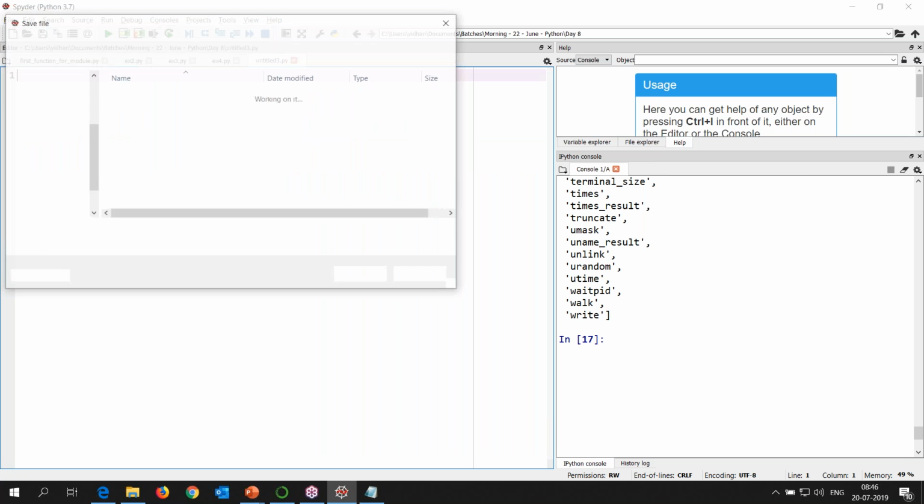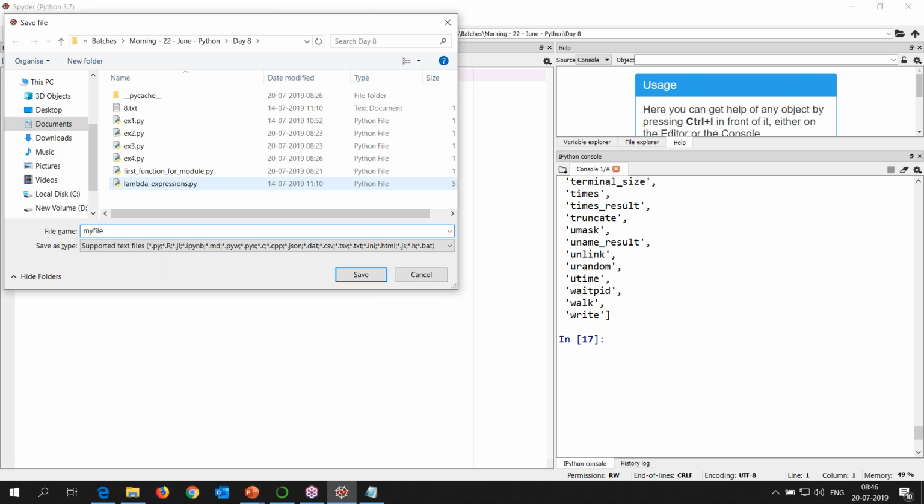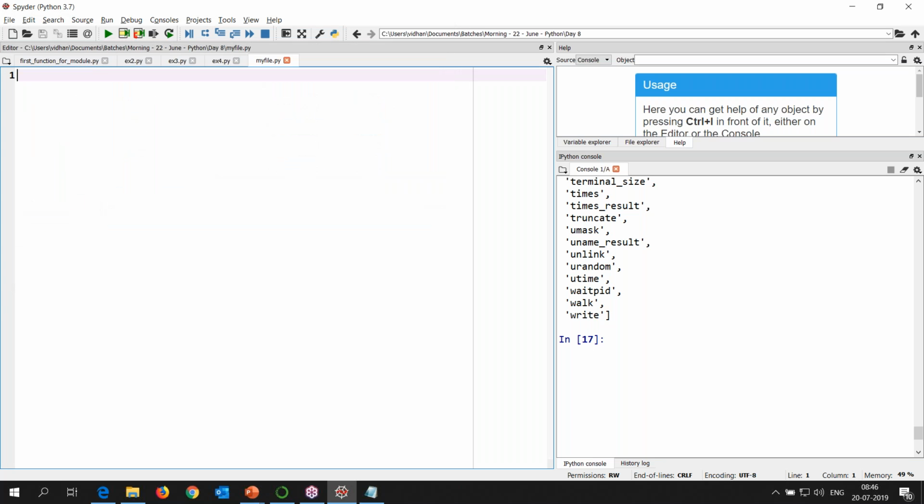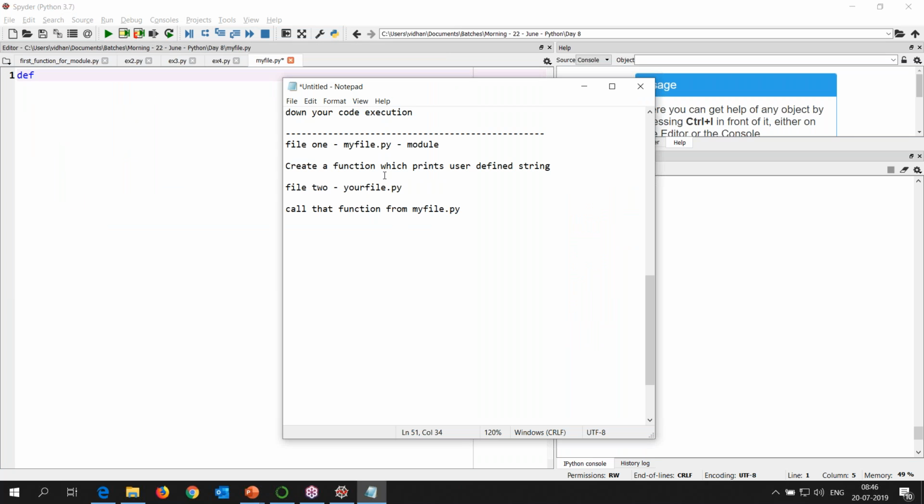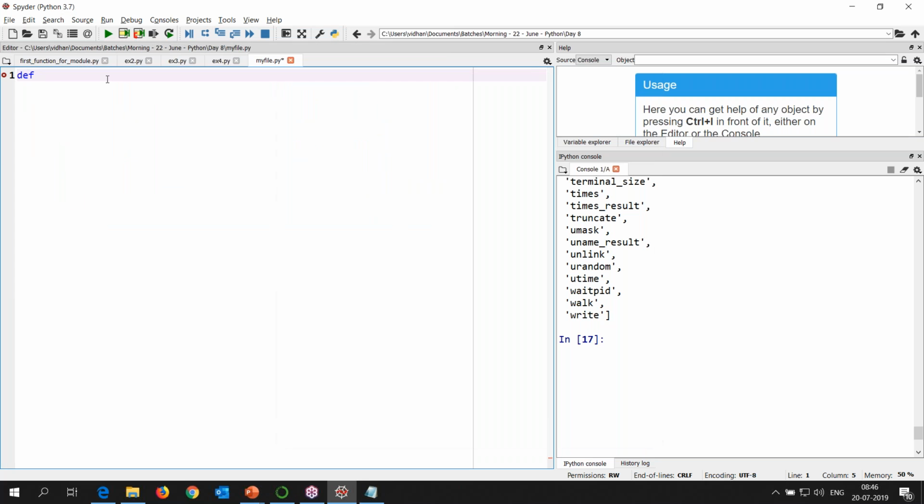I'm going to create my file. Right here, I'll have def, right? So you have to create a function, my fun. pstr is the variable, print pstr. Okay, a simple print function. See, I just want to explain you one of the concepts. That's why I'm creating a simple function, and then you have